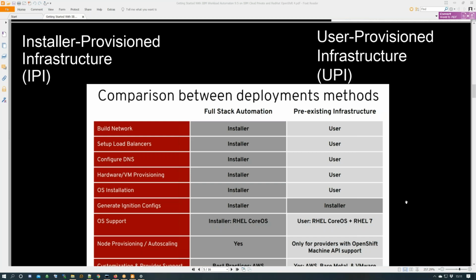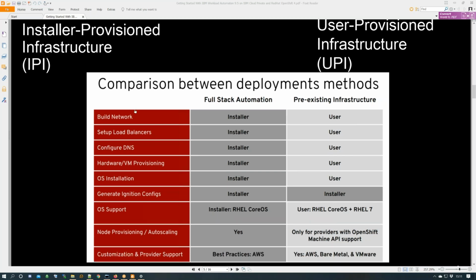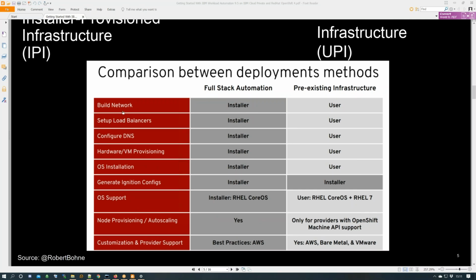But when it comes to how you're going to have access to OpenShift, there's two ways you can do it. There's installer provisioned infrastructure and user provisioned infrastructure. So if you see those acronyms come up, IPI and UPI, this is what it's relating to. When you're designing and building an OpenShift network, there's a lot of steps that have to be done regarding building the network. There's some hard requirements when it comes to load balancers. There have to be two load balancers in front of the infrastructure to handle the API and the console requests. You need things like DNS, you need the operating system itself installed, and there is a lot of effort involved